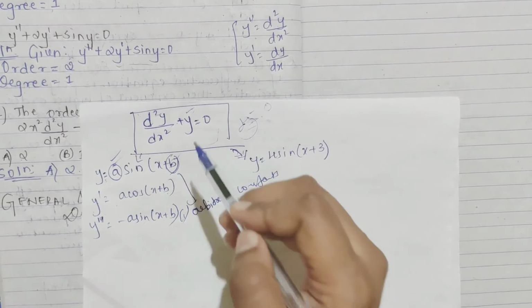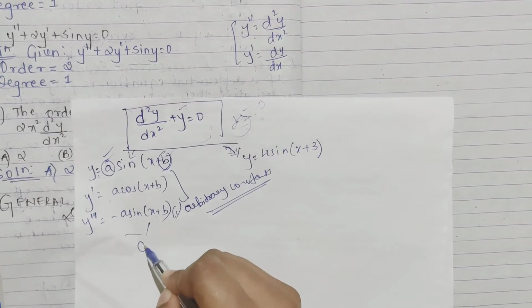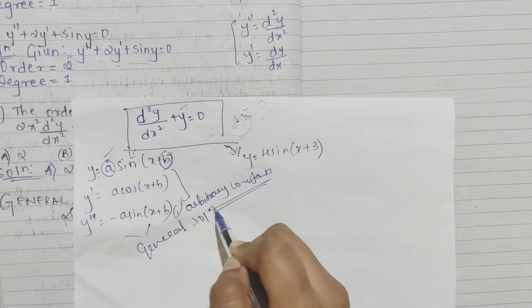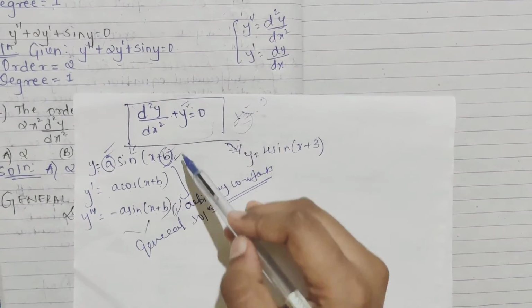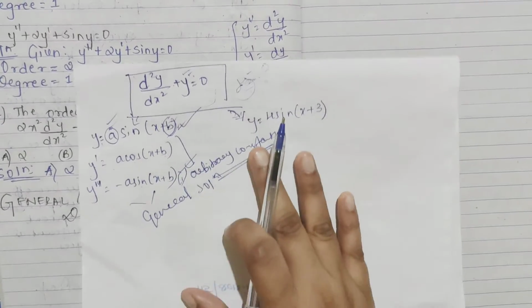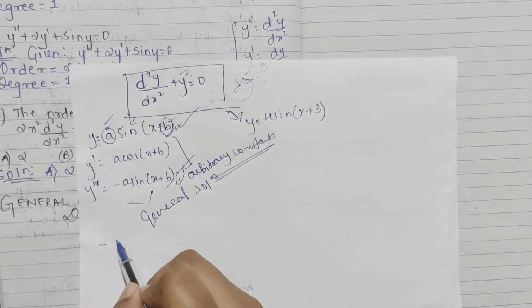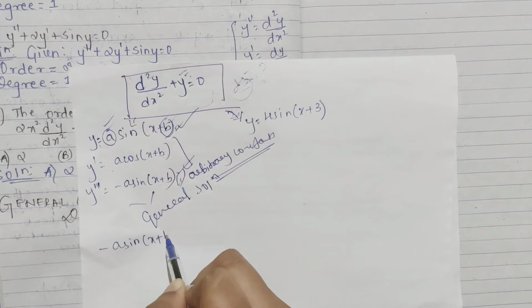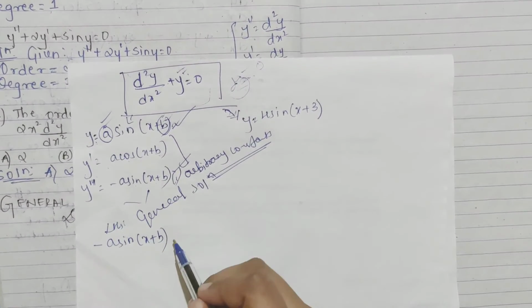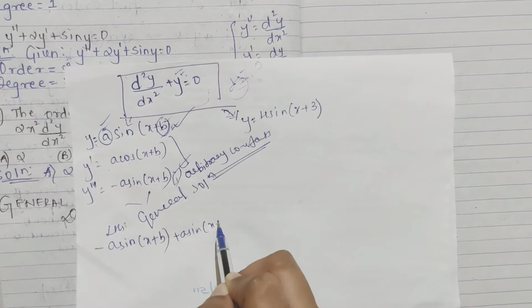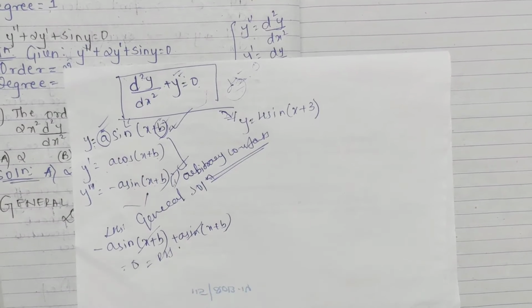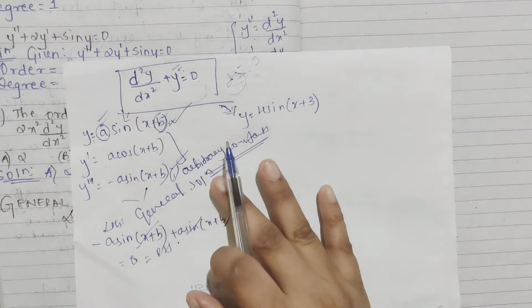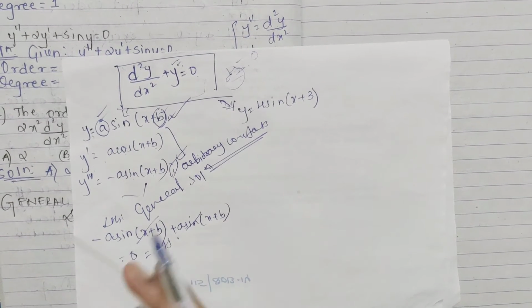For such questions where a and b are arbitrary constants, it will be your general solution. You substitute this and check whether you will get 0 or not. If I put it here, your d2y by dx square is minus a sin of x plus b, considering LHS, right? And your y is plus a sin of x plus b. So here you can see plus and minus cancel automatically, so you are getting 0, which is your RHS. So this is your solution. Here a and b are arbitrary constants, so any constant we can take, 1, 2, 3. So it is called the general solution. General means it is any.